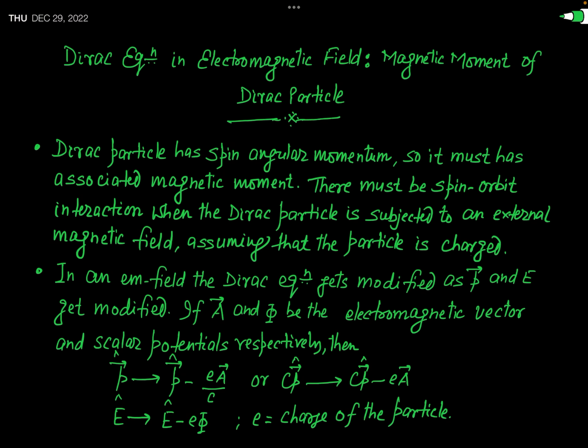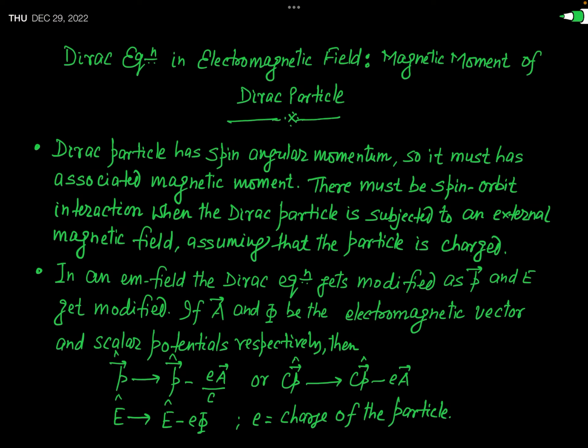In the previous lecture, we discussed the spin angular momentum of the Dirac particle, and you have seen that a particle which obeys the Dirac equation definitely has a spin angular momentum. And when you say spin angular momentum, that is an intrinsic angular momentum not associated with any type of motion of the particle. Just like mass and charge, which are intrinsic properties of a particle, this spin is also